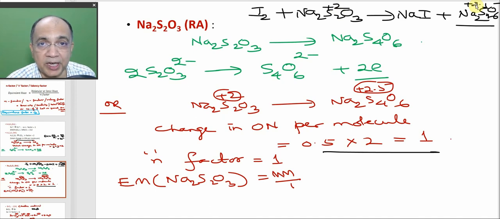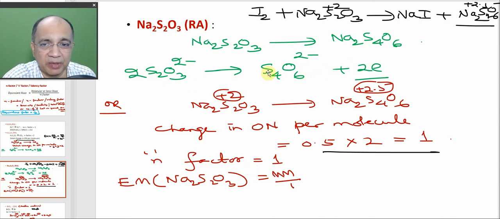So 0.5 is the change per single sulfur atom, but in the reagent you have two sulfur atoms. So the total change here is 2 into 1, that is 2. I have written here 0.5 into 2 because there are two sulfur atoms. So for one sulfur atom, the change is 0.5, but two sulfur atoms, into 2, 1. So the N factor is 1, that means sodium thiosulfate has an equivalent mass equal to its molecular mass. Same thing we will get if you go for a